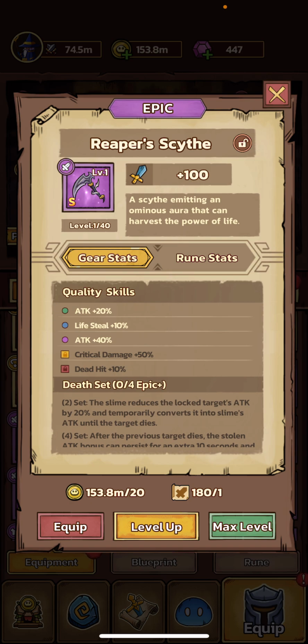For the 2 and 4 piece set bonuses, the 2-piece set bonus reduces the locked target's attack by 20%, and temporarily converts it into Slime's attack until the target dies. Essentially, when you're fighting, it takes some attack from your primary target. Sometimes your Slime will be attacking multiple targets, but whatever its primary target is, it will take 20% of that enemy's attack away. So that enemy will deal less damage to you, and it will give that 20% stolen attack to your Slime. So your Slime will also get an attack boost, which is nice for general wave clearing, as well as Gygus battles, just because you're